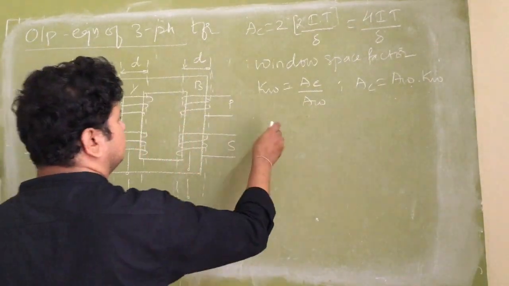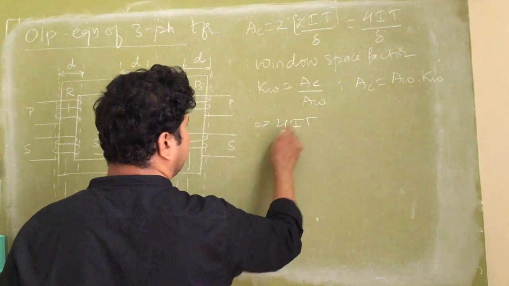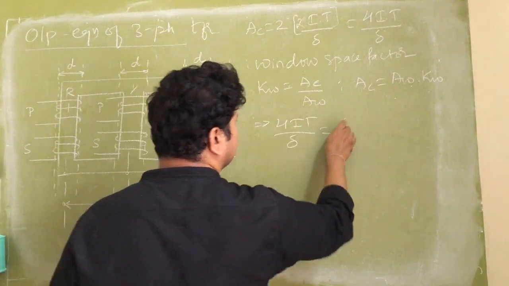And this gives 4 into IT divided by delta is equal to AW KW,